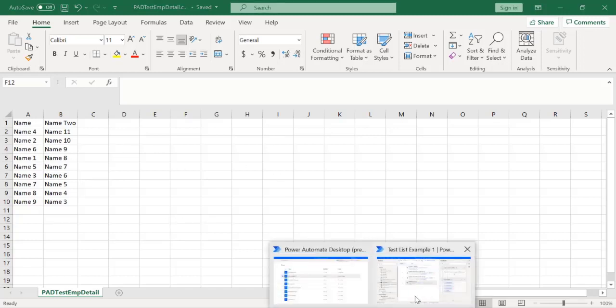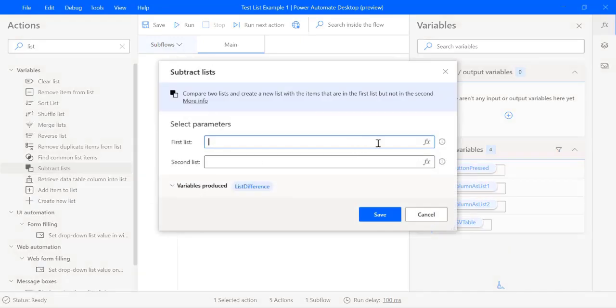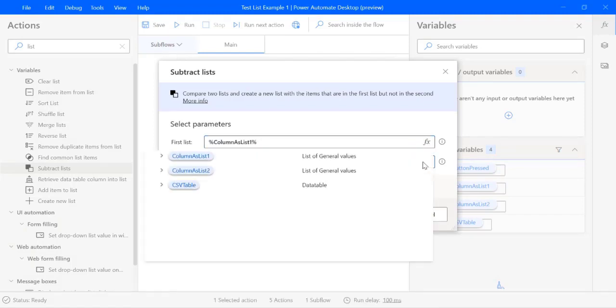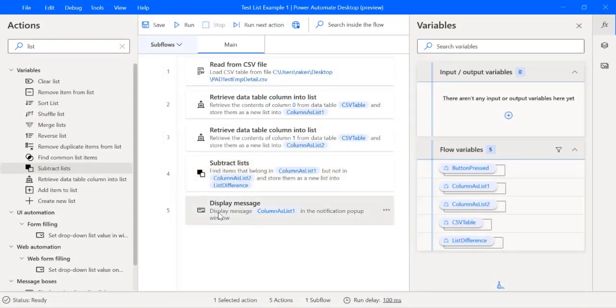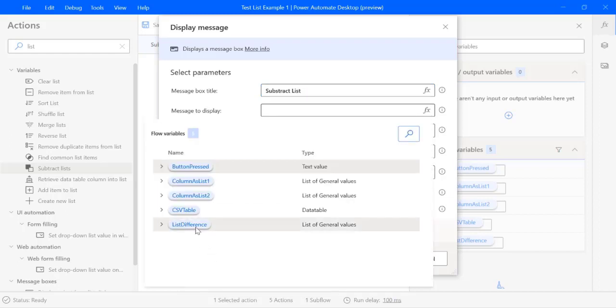So let's do this. I will just subtract the list. The first list I am taking is of course the column list 1, and the second list is list 2. I will just save it, and in the display message I will just use this one. Sorry, subtract list, and the function will be the list difference.